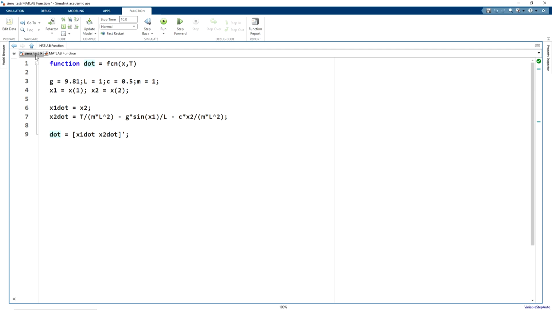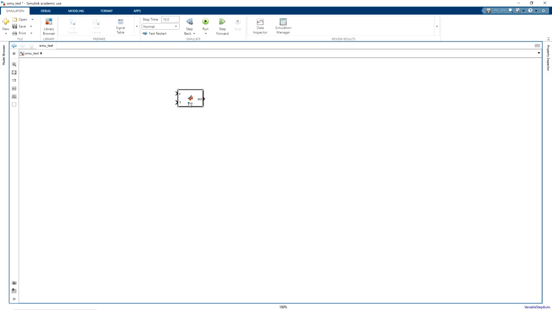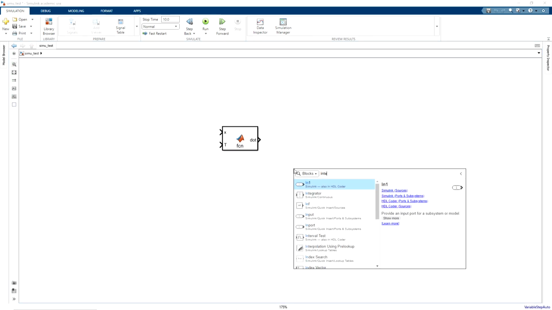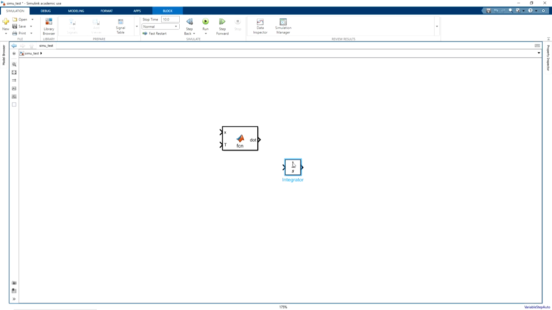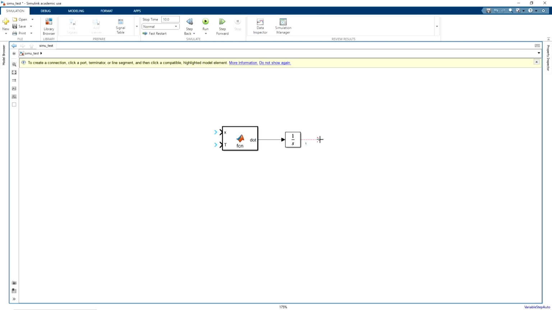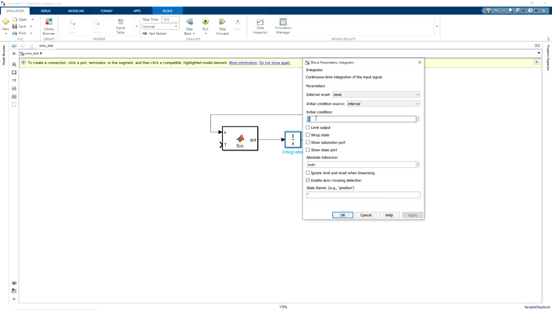Now we actually need to integrate this equation. We simply write integrate. We get a block here, the integrator. It is denoted by 1 upon s, which is again fed back in this manner, and it needs some initial conditions. Let me write the initial conditions as position and velocity.